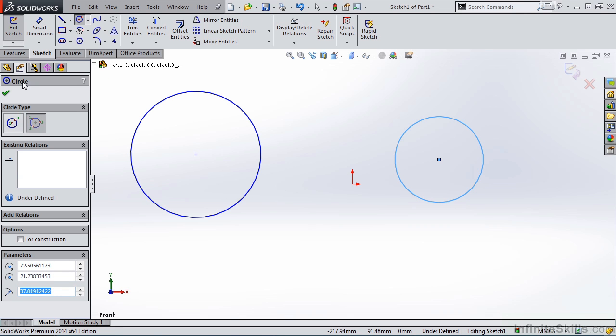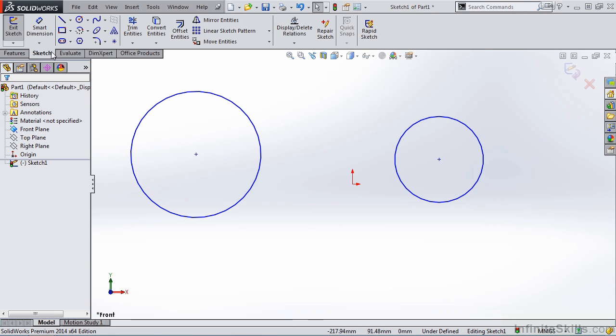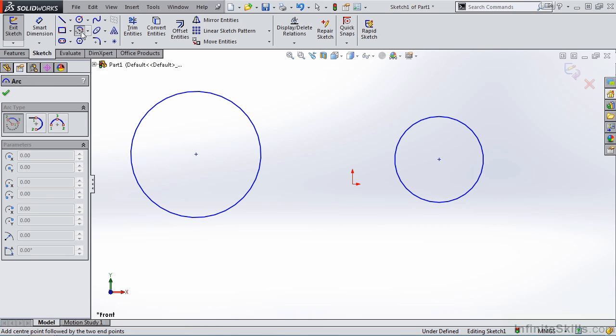Now let's close out of the circle command and let's try the arc. We have three types of arcs: a center point arc, a tangent arc, and a 3-point arc. I'm going to begin with center point arc, and once again notice the order of points. My center point is first. There's my first point, second point, and notice when I go to select my third point, it's not giving me